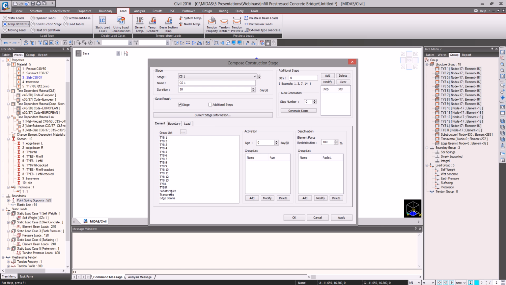In the first stage, I'm activating the substructure at an age of 28 days and the soil springs for these, self-weight and earth pressure. Stage 2, I'm activating the beam, the precast beams. Again, these are precast. I'm considering 28 days of age, and the simply supported condition together with the pre-tension load and the wet concrete load. And the third stage, which is the long-term stage,